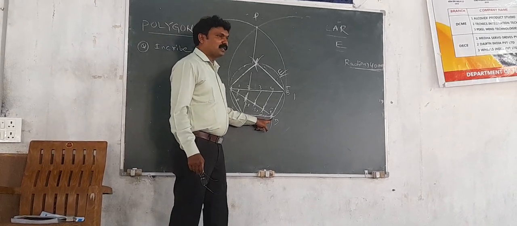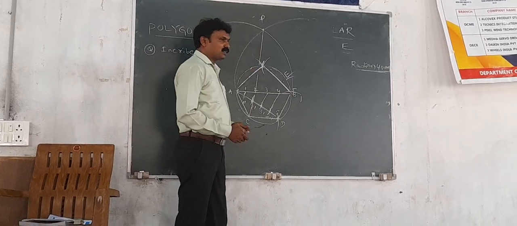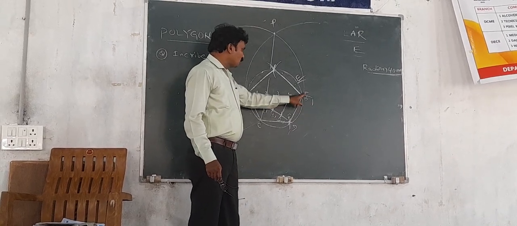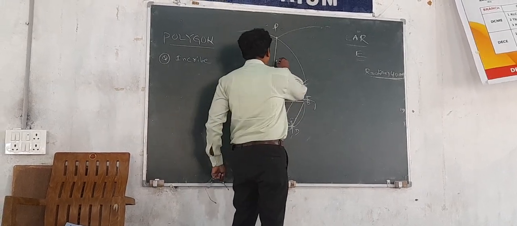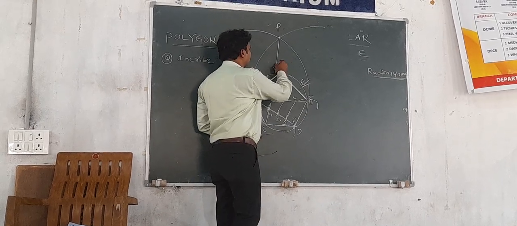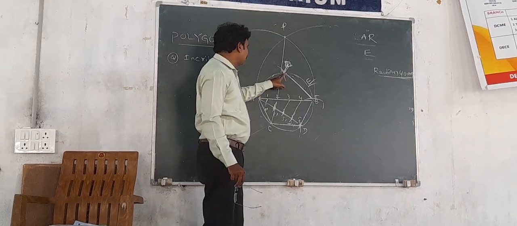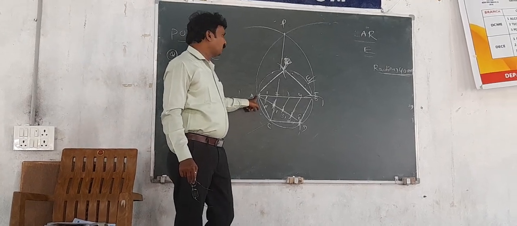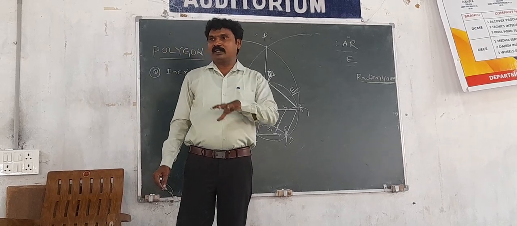Now D is the center, and draw one more arc on the circumference of the circle. Now mark another point with the scale. Join these two points P and D. Now with the center B, draw one more arc at D. Some points P or Q are already there. Now with the center Q, draw one more arc; it will connect to the point A. Now join all these points A to Q. Then the required pentagon will be inscribed in the given circle.